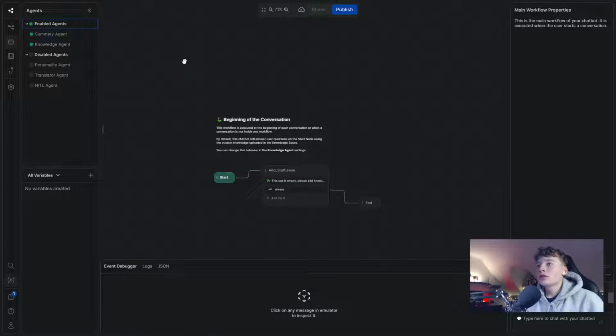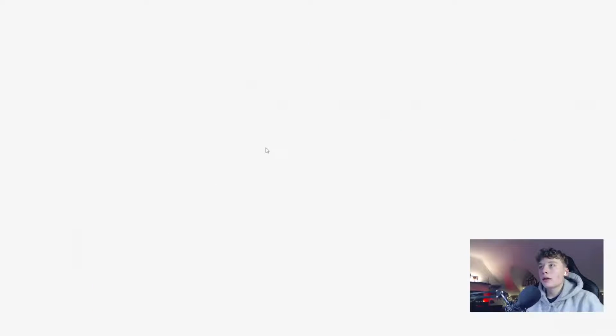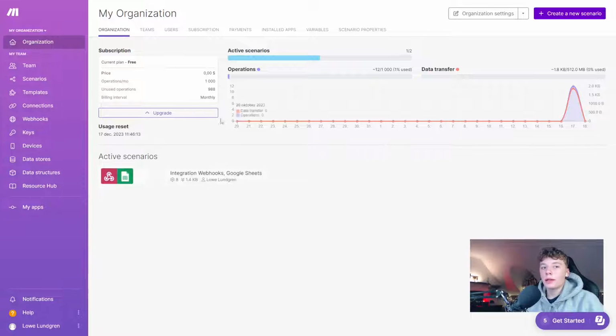I'm talking about the automations, and I'm going to show you that completely for free, and all of this using make.com. Let's get into it. For this build, you're going to need to have two windows open, one with your Botpress and the other one with your Make. So here we have our make.com